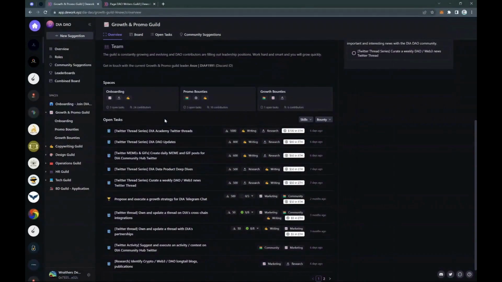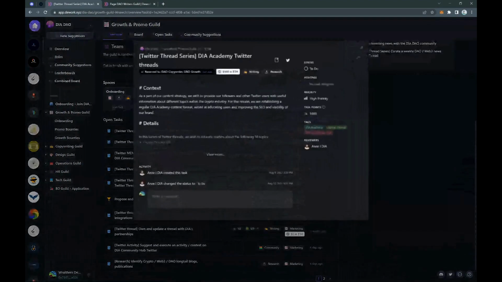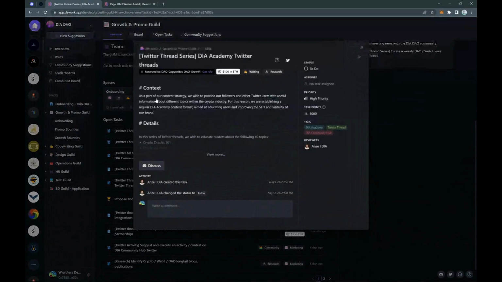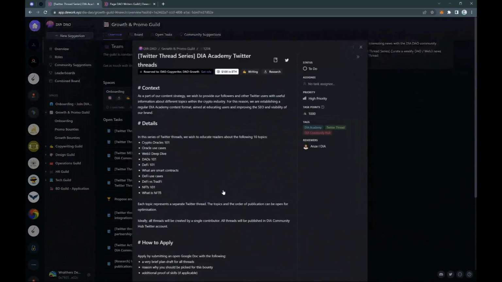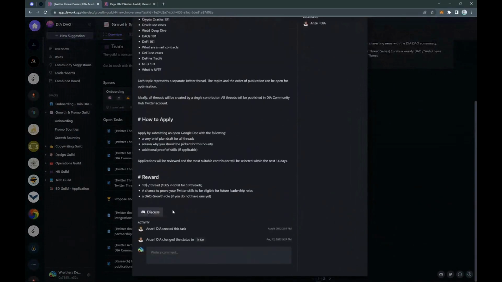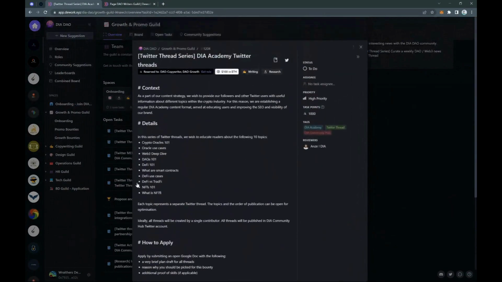So if they're not assigned in the to-do column, automatically you will see, or other contributors and you, of course, will see all the list of tasks that people can immediately engage with. So just clicking into the task, even from this page, helps you look into it, read more about it, learn about it, and then go ahead and apply to it, or